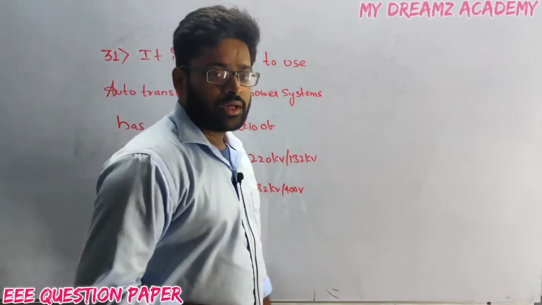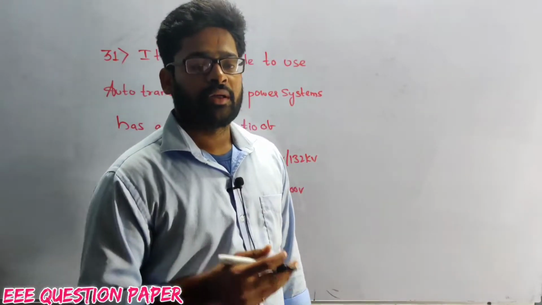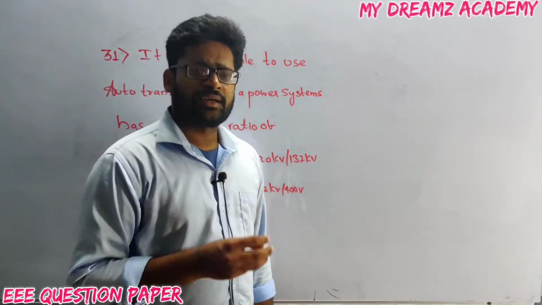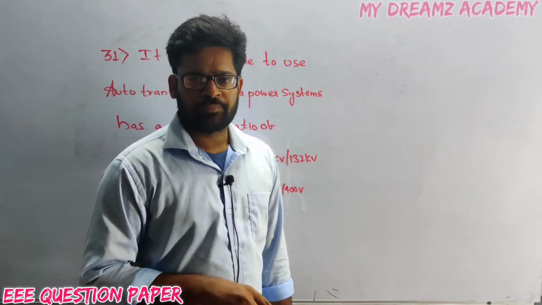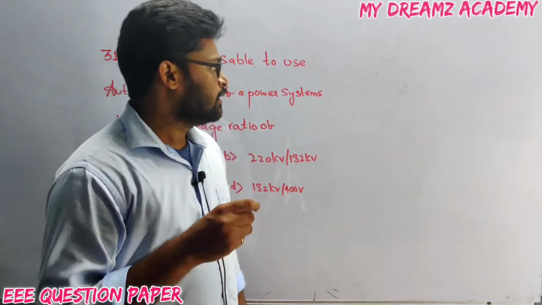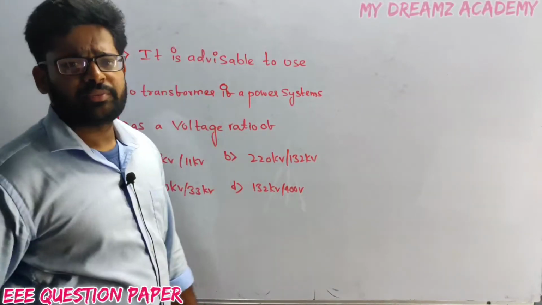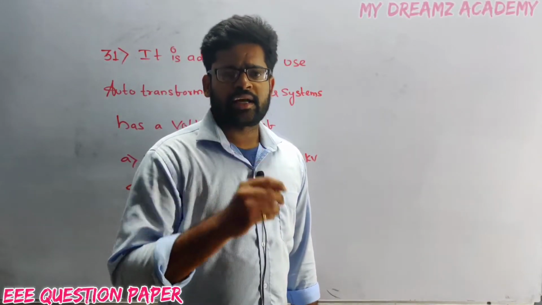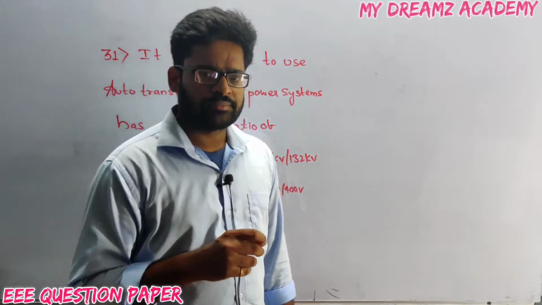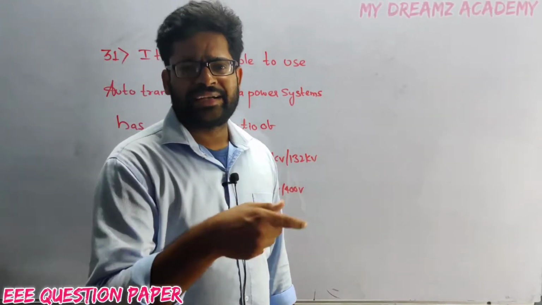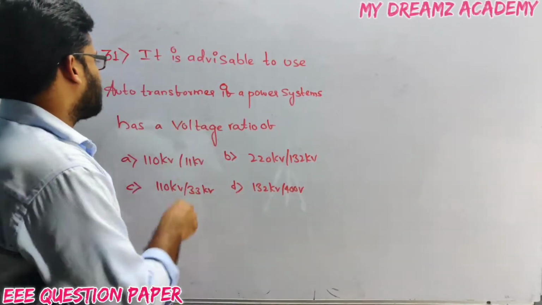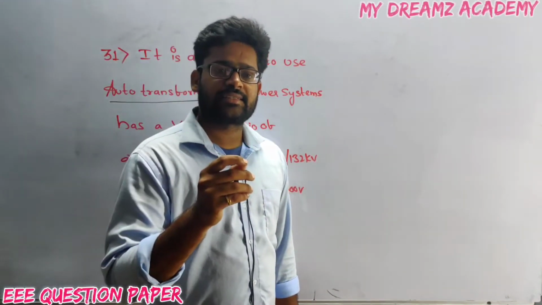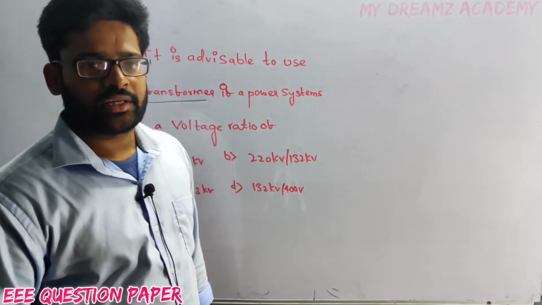First of all, we have to know what is auto transformer. We have transformer. The transformer will work on the electromagnetic mutual induction principle and also Lenz's law. And next, the difference between transformer and auto transformer is, in a transformer there is only magnetic coupling, but in the auto transformer it is electrically as well as magnetically coupled circuit.